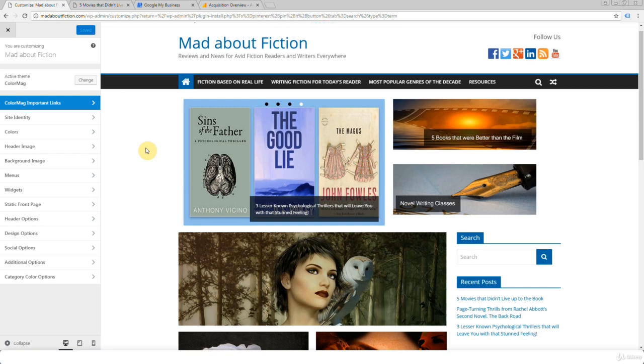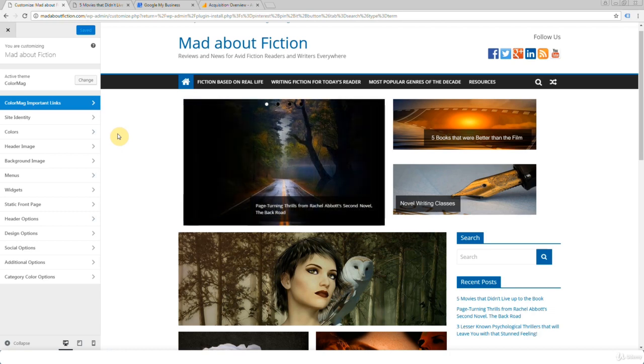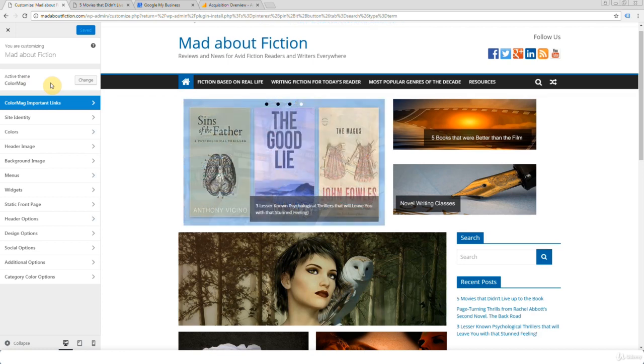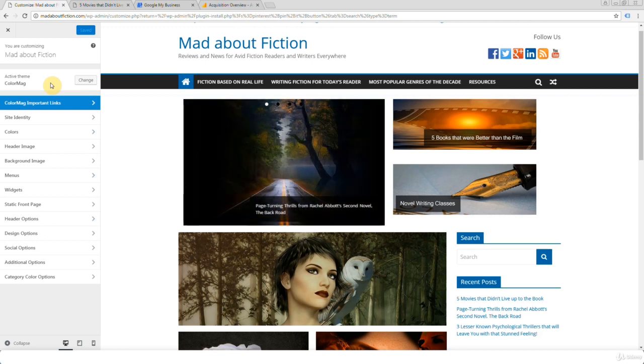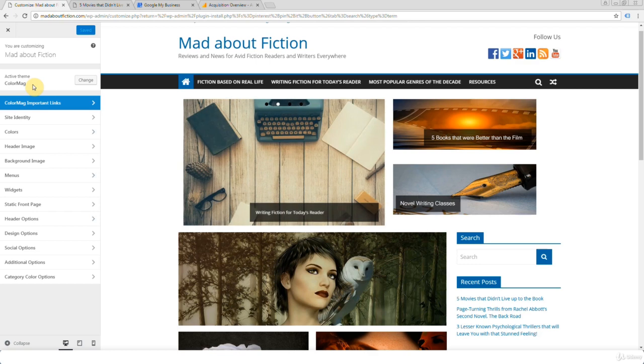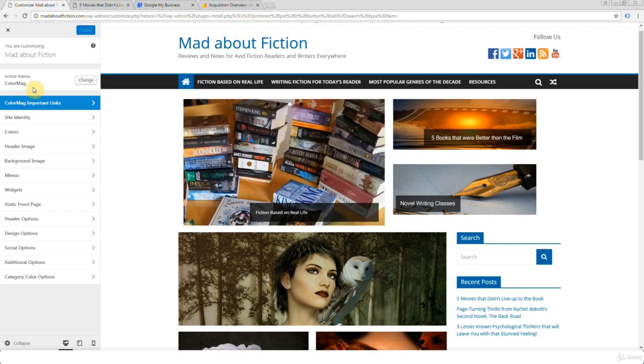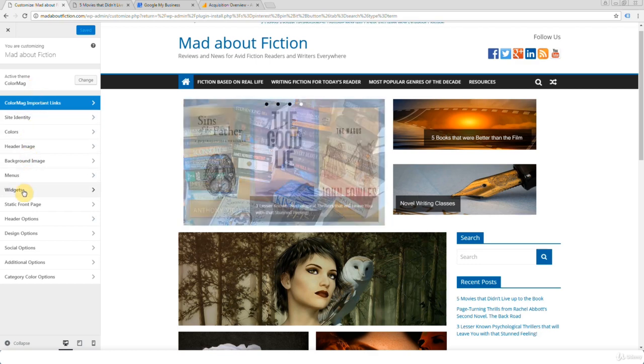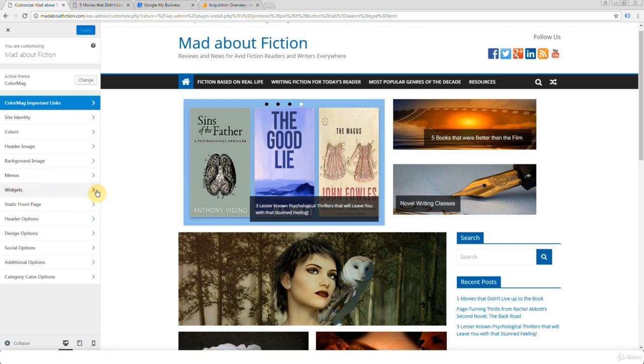I'm in the theme customization area of my WordPress admin dashboard. Now this particular theme here is called ColorMag. It's the theme that I use in the Level 1 course where I teach students how to build a blog from the ground up. This is the theme I use, ColorMag. It's a free theme. And within the customization area of the theme, if we just go to widgets,